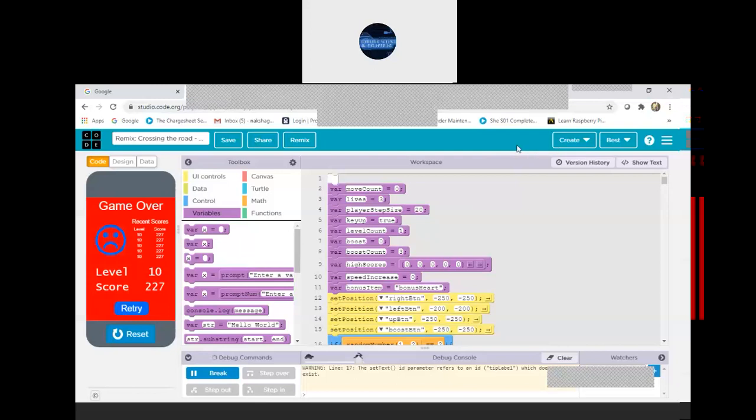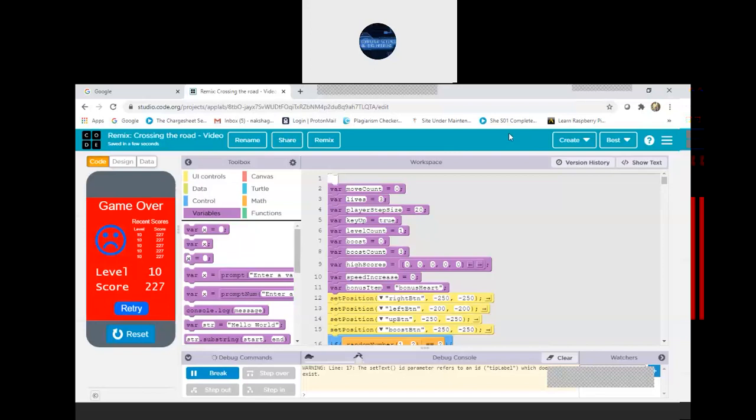Then there will be three options: view code, and two more options. So click on view code, and when we click on view code, you will see that only remix will be written, and here sign in will be written. So if you want to make changes or make your own app, click on sign in. If you don't have an account, create an account, then sign in, and then remix here. Then you will be able to make changes and make your own app.